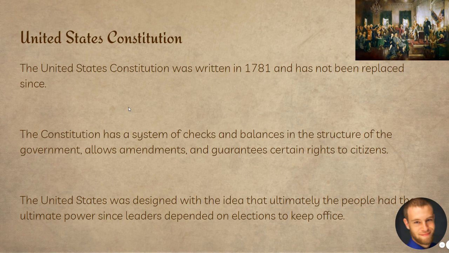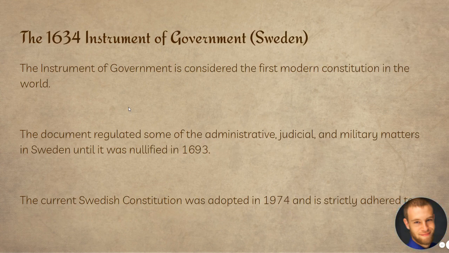since it was written. The next one we're going to talk about is the 1634 Instrument of Government, which was written in Sweden. And it was the first modern constitution in the world, at least that's what it's considered by historians. The document regulated some of the administrative, judicial, and military matters in Sweden, but it was then nullified about 60 years later. The current Swedish constitution was adopted in 1974 and is strictly adhered to. So this was kind of the first attempt in Europe to have